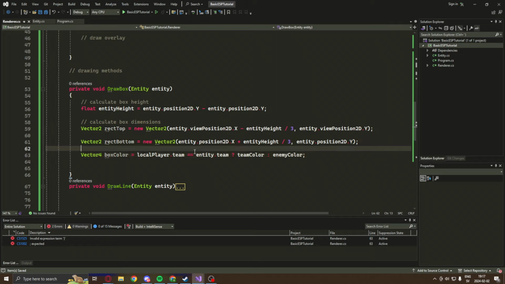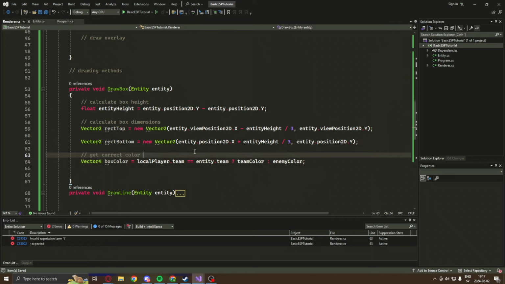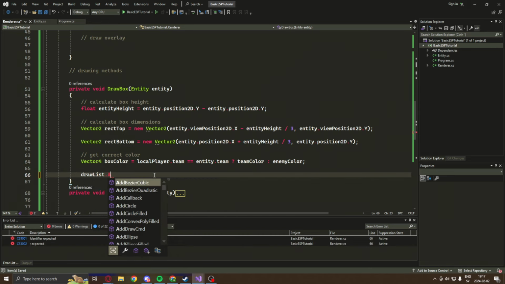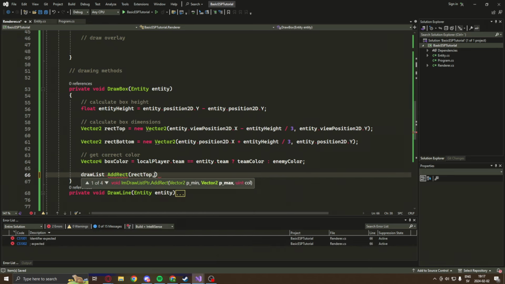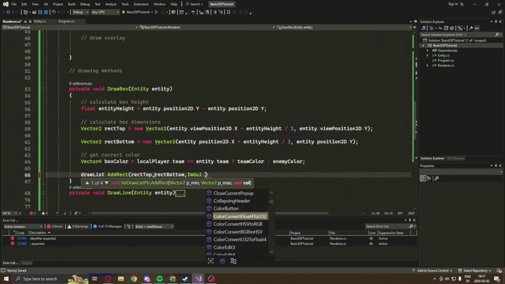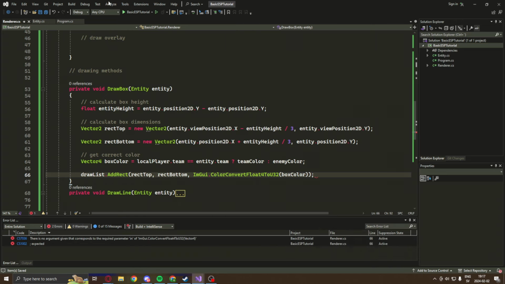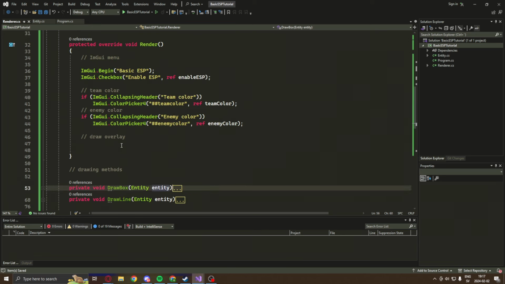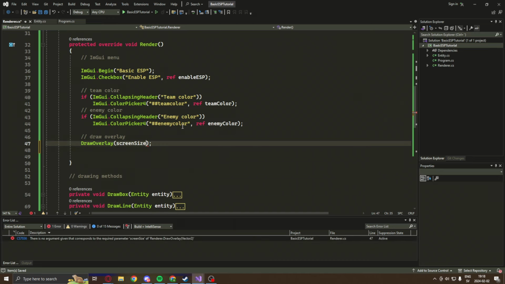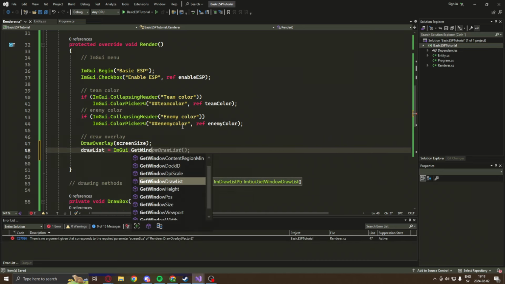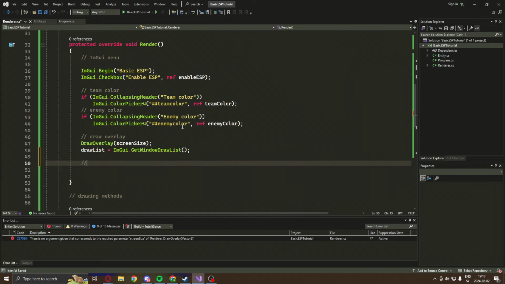So once we have the dimensions of the box, we will add a box color just like before, and then add the rect top, the rect bottom, and the float to U32 box color to the draw list. Let's go back to the render method where we left off. We will add draw overlay with the screen size as the argument to draw the overlay. Then we will give the draw list variable the value of